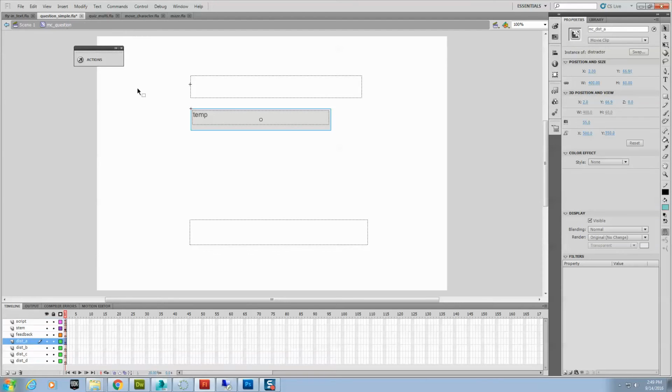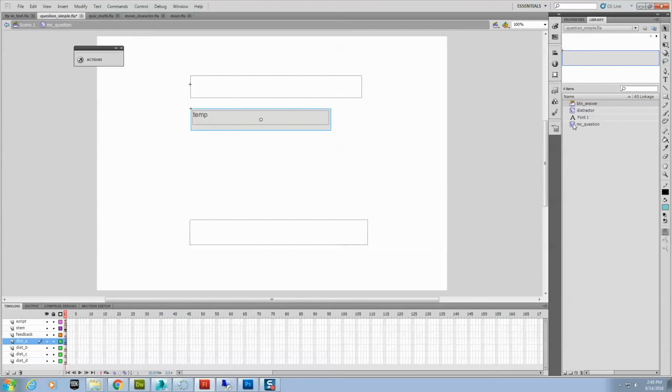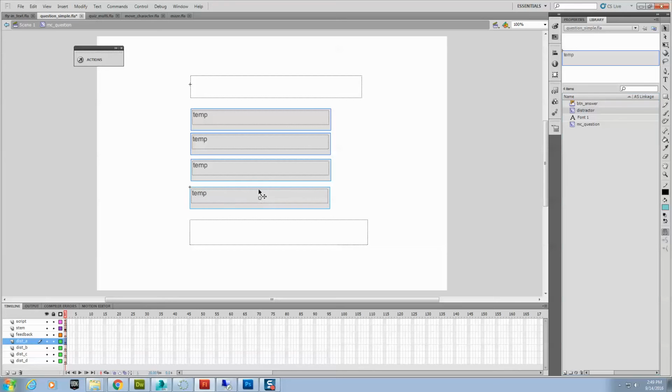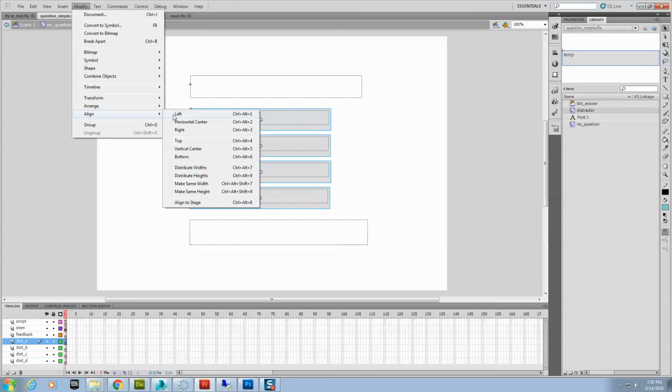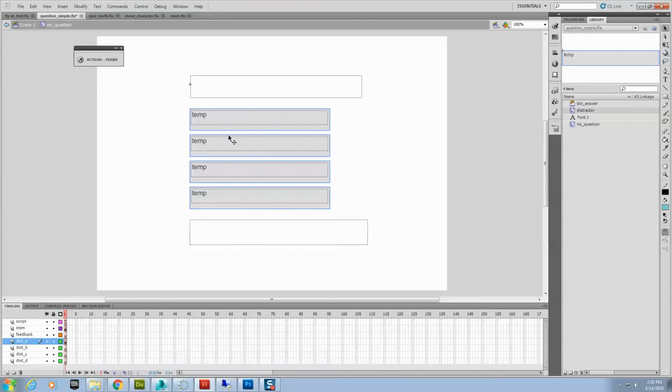Now we'll go back to the question. I'm going to just reuse that distractor movie clip 3 more times so I can have 3 different distractors. The functionality and all the naming works the same inside the one movie clip that I set up. Let's do some quick alignment here. I'm going to shift select all the 4 distractors. We'll align left and distribute the heights one more time. Now we're all lined up